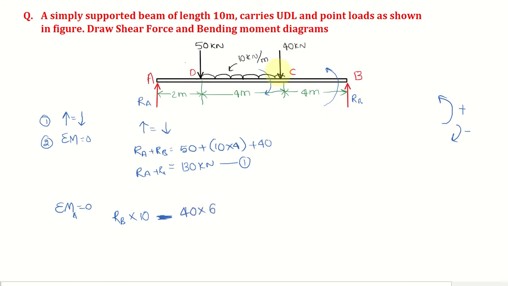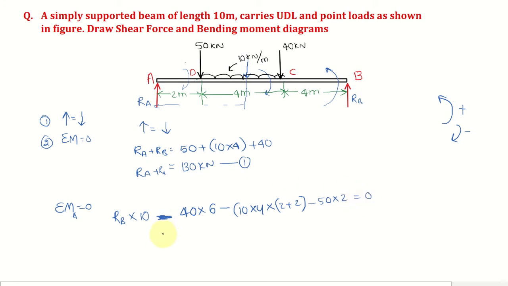Similarly, this one also, 10 multiplied by 4 is the force here, minus 10 into 4 multiplied by distance up to A. So if you convert this UDL into point load, that will be acting at the center. Now we need to consider distance up to A. So that is how much? 2 meter, 2 plus 2, or 4 by 2, this is half, right? It is acting at half of the distance. So 4 by 2, that is 2 plus 2. So now another clockwise rotation we have because of this 50 kilonewton up to A. 50 kilonewton multiplied by 2 meter, minus 50 into 2, is equal to 0.